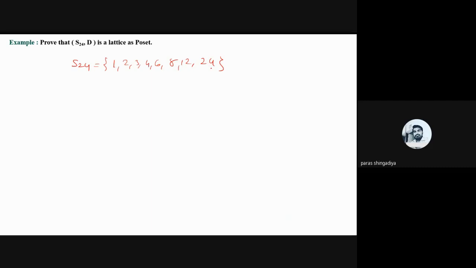Now the divides relation is mentioned, so in this case we can prepare a table. We use all these possibilities and find the GCD of all of them as well as the LCM, and check that the answer in each box belongs to S24 again. Check that the answer of the LCM should also belong to S24. Clear? You can easily prove it. Just try it by yourself, it is easy to find the solution. I have mentioned this S24 here, so use these values to check the GCD and the LCM.